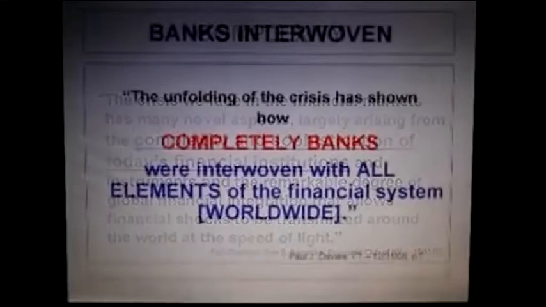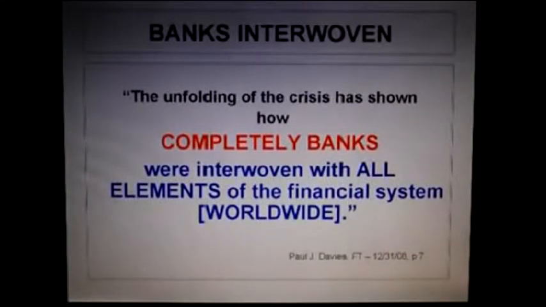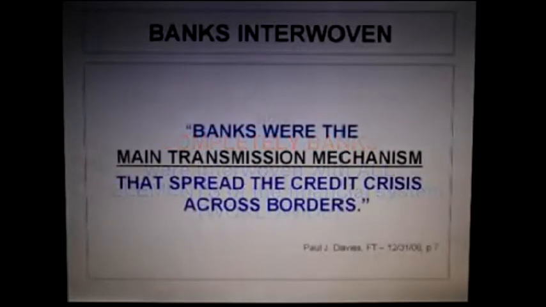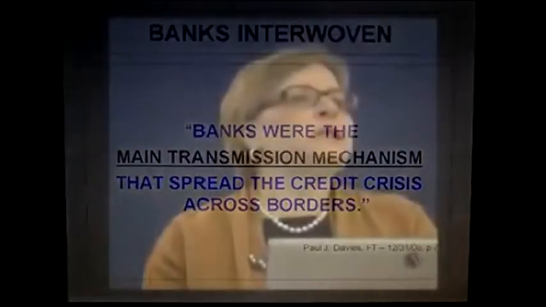Banks are interwoven. The unfolding of the crises has shown how completely banks were interwoven with all elements of the financial system worldwide. Banks were the main transmission mechanism that spread the credit crises across borders. Well, I would like to explain to Mr. Davies that I'm not that stupid to think that not only was there a transmission mechanism, but that there was a planned agenda to accomplish the fact that if you take the top largest banks in the world and they stop buying paper, bonds, different forms of